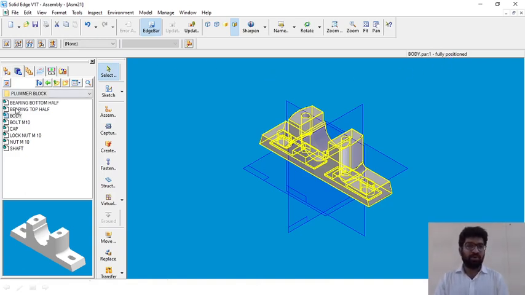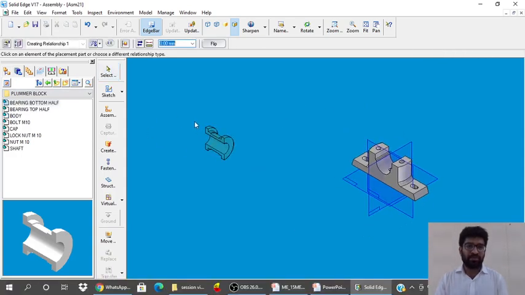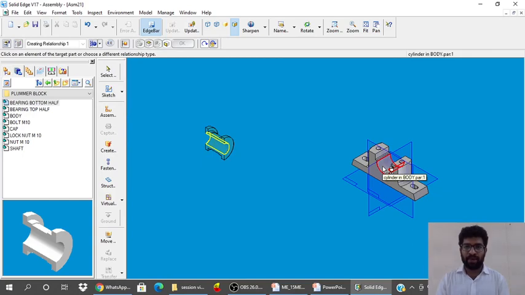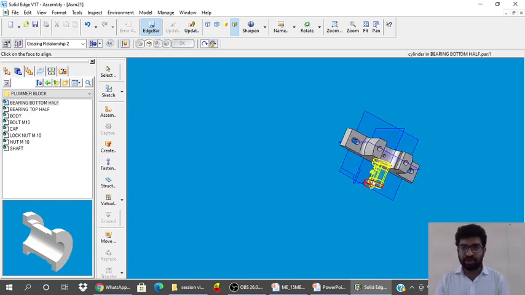So go for the second part, that is bearing bottom half. Double click on that, and then start giving the relationships. First is axial align this axis with this axis. Second, again axial align, rotate the parts, this with this.